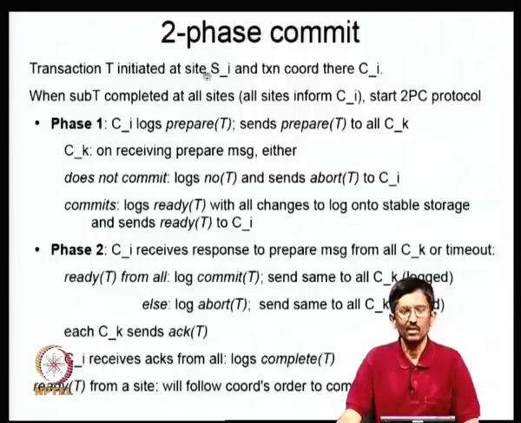So we will assume the transaction T is initiated at site SI, and the coordinator there is CFI. Now what happens is that the transaction coordinator sends information to all the other parties, saying that you have this small sub part to be done, and please do it. Once you are done, tell me when you are done. So that is what happens when all the other sites have completed their part of the work. They inform the coordinator saying that they finished the sub transaction that they were expected to do. Now once all the sites have informed the coordinator, we now start the two-phase protocol, okay?